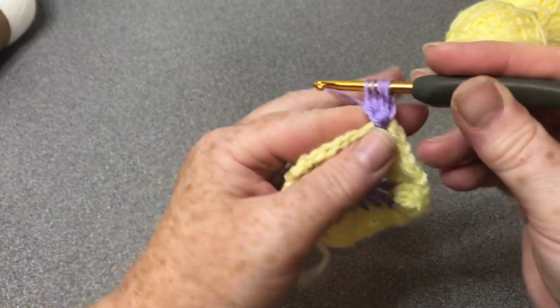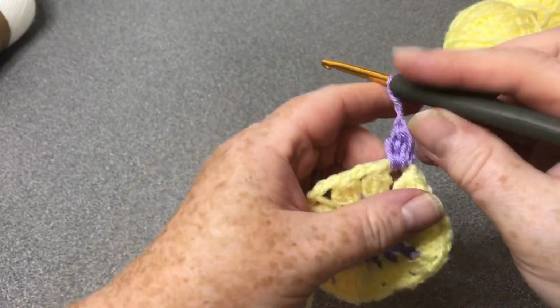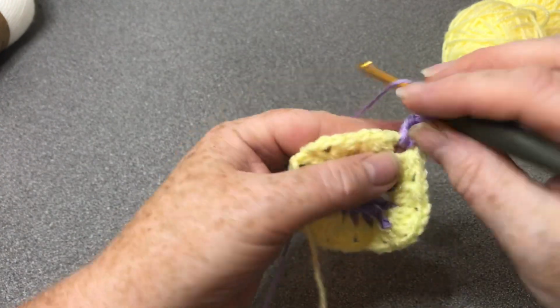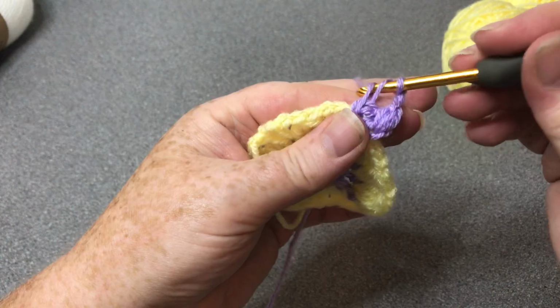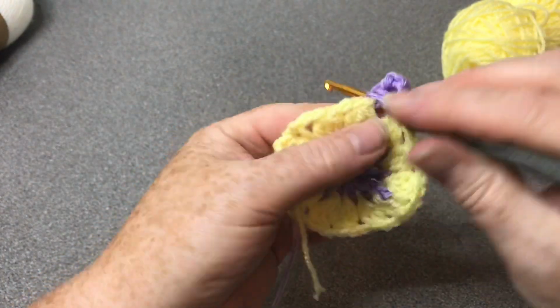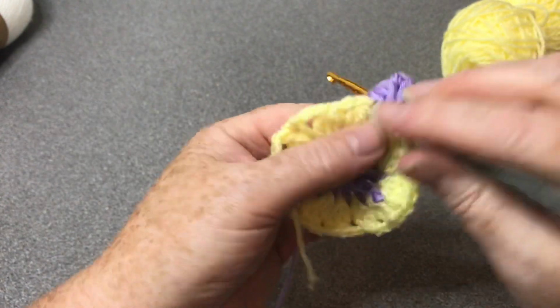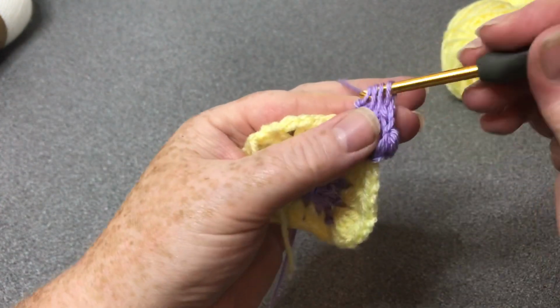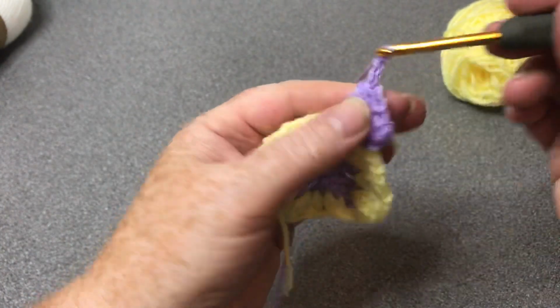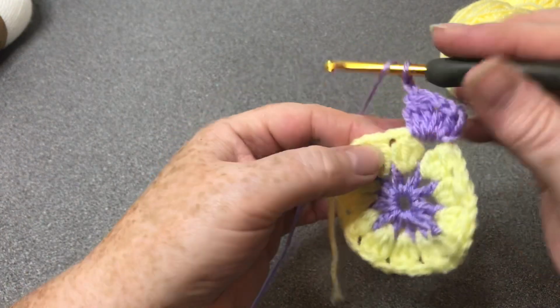I think I've moved my camera, and go through them all, and we're going to do 2 chain, then we're going to do another one in exactly the same place, working over the tail. Don't worry if it looks a little congested at first, it all works out. And then we're going to do our second one, and now we've got a corner. So in this next one we're just going to do a single one,